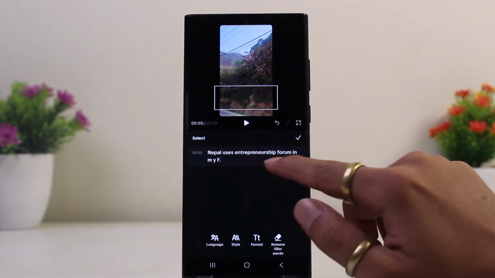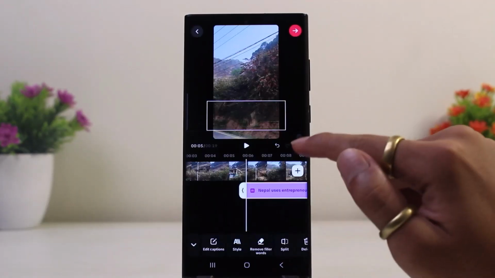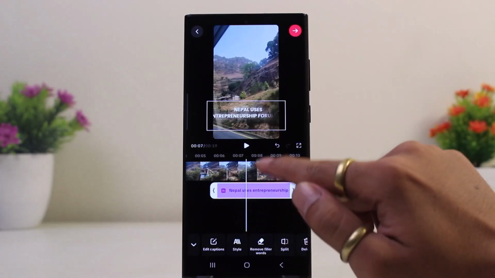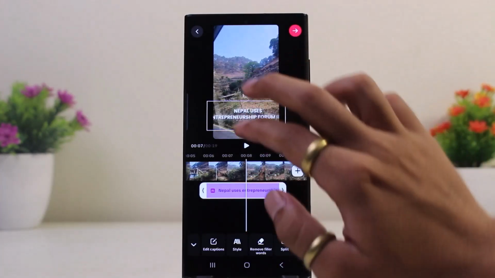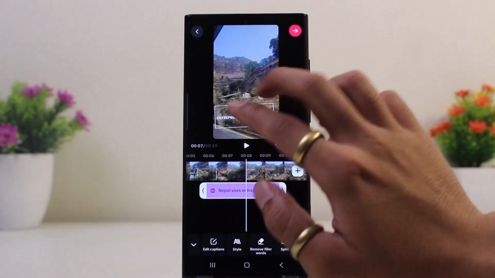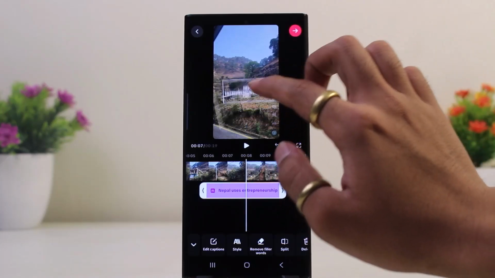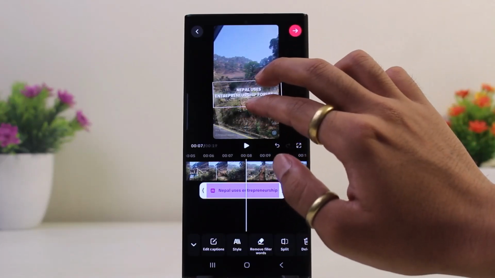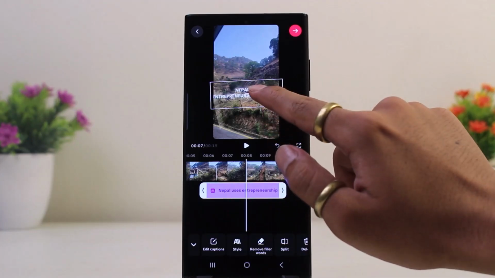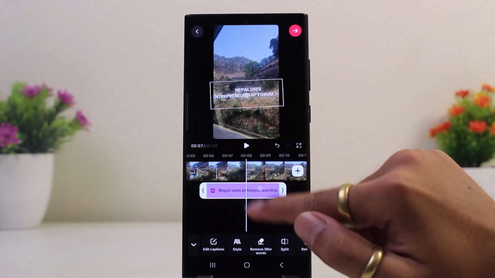Now, once the caption is shown over here, tap on this OK option and you will find this captions over here within your video, which you can choose to move and place around on any part of this video that you want to. Now, all you have to do is simply long press on it and you will find this